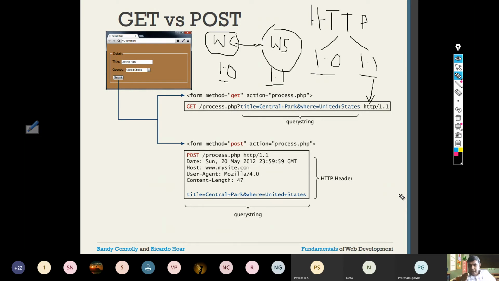What if a client doesn't understand 1.1? So client or browser should be updated to a newer version. That is not possible while you are making a request. So that is the reason for negotiation. Okay. So negotiation will take place.